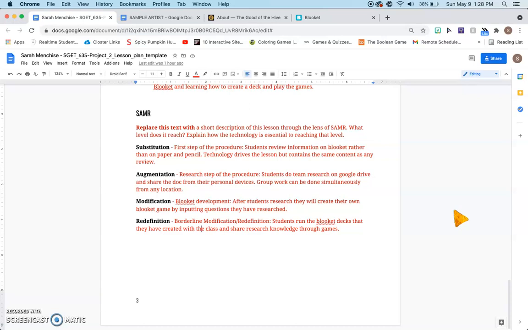they have seen a Blooket already, but now they are creating their own. So they're starting with like this, just a name, and then they're taking it all the way up to the creation of their own deck so they could play games with everyone in their class. So that's just a little overview of my